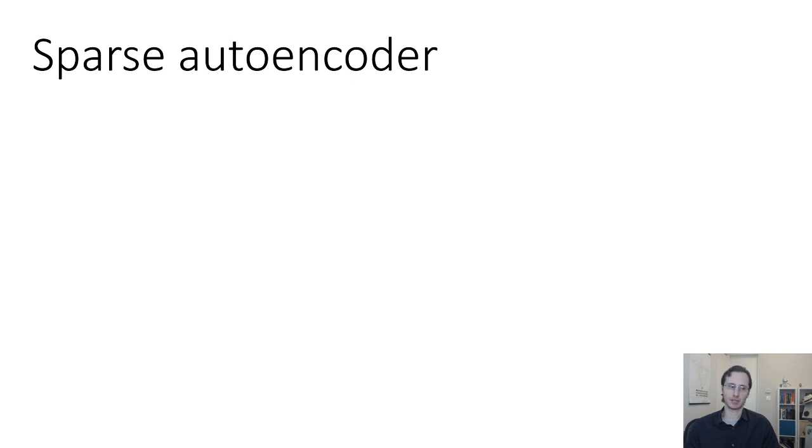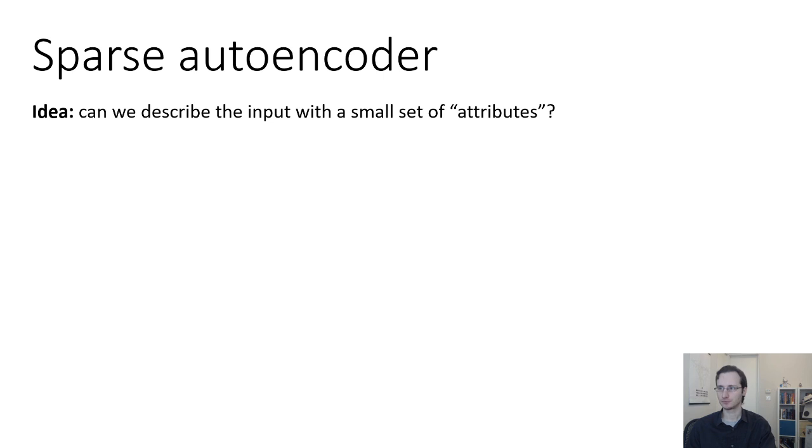Now let's talk about the second kind of structure, sparse autoencoders. These are a little bit more sophisticated. They're still not used as widely today, but they're worth knowing about, and they have some interesting connections also to neuroscience. So here is the basic principle. Can we describe the input with a small set of attributes? So the idea is that